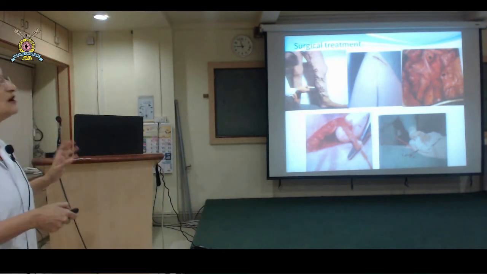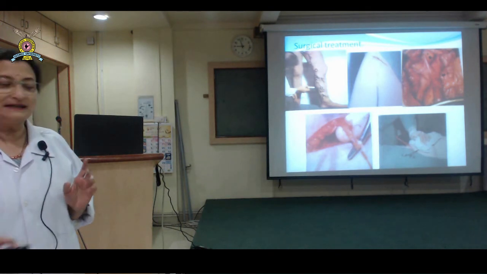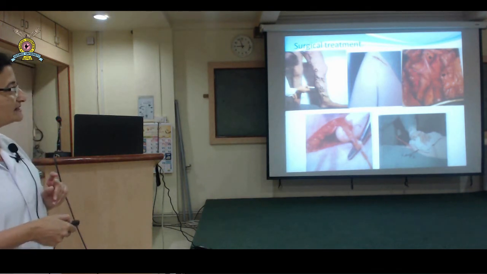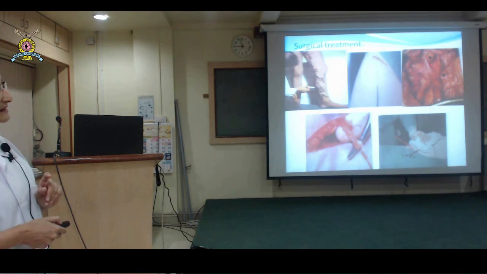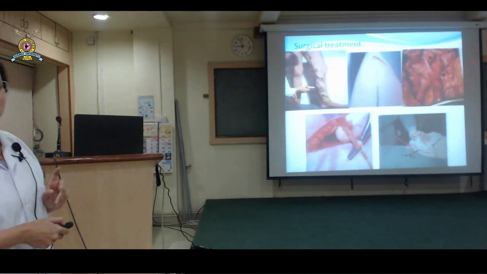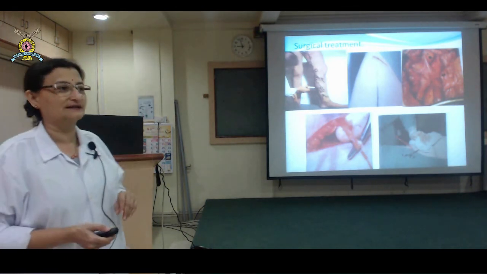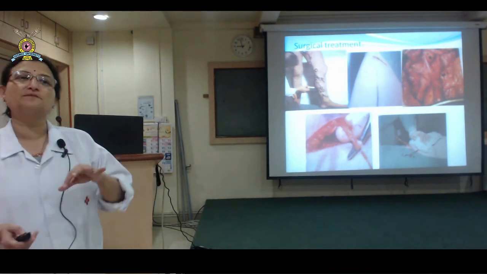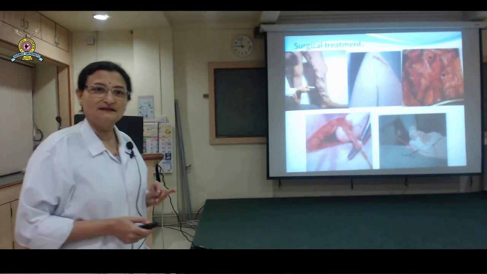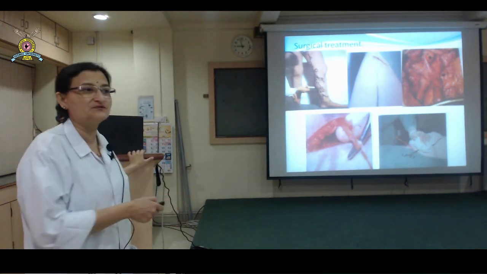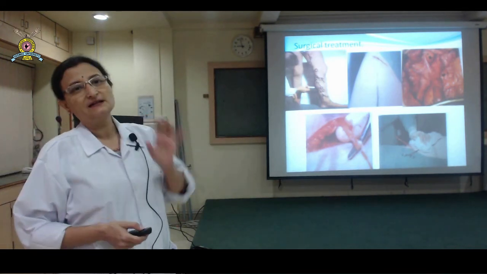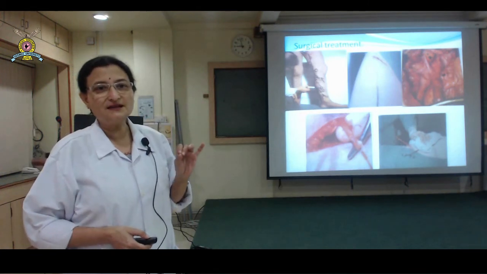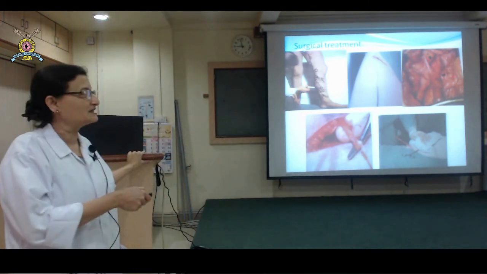So you are supposed to do flush ligation. That is, take care of all the small veins. If I ligate only here, the saphenofemoral junction remains. And this is what is responsible for recurrence. So it has to be flush ligation, just where it is opening into the femoral vein. And you have to take care of these tributaries which open just before it opens into the femoral vein. Okay? So this is flush ligation plus